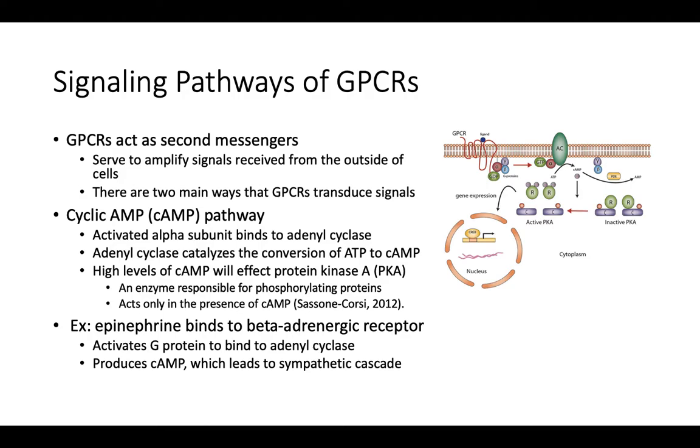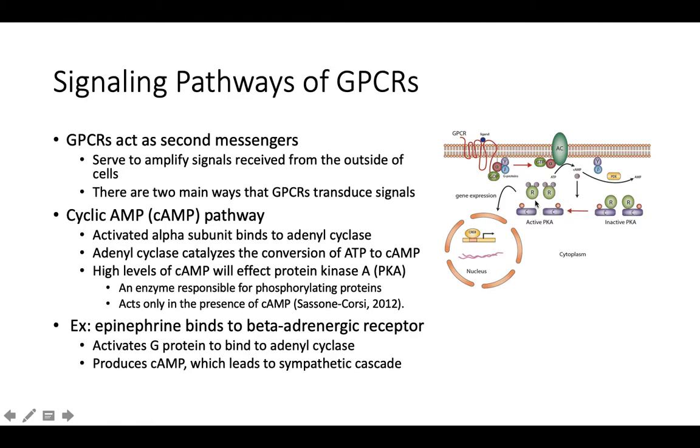And here's a clinical example. We have epinephrine, which is going to bind to a beta adrenergic receptor. Epinephrine is our ligand, and that beta adrenergic receptor is our GPCR. It's going to activate the G protein, and that G protein will bind to adenyl cyclase, start producing cAMP. That's our chemical messenger, and that's going to